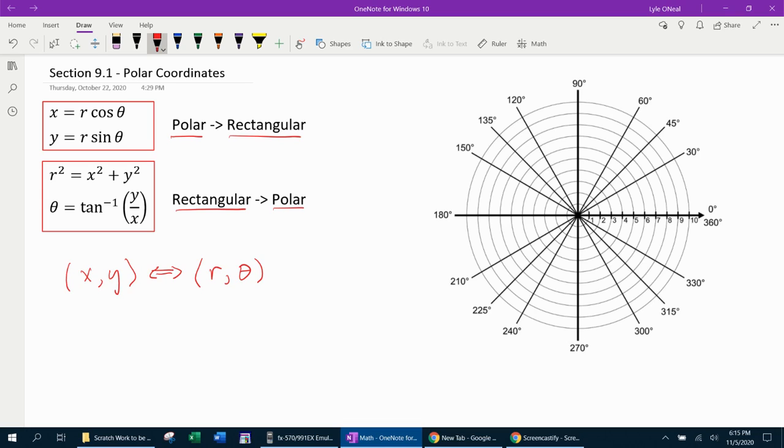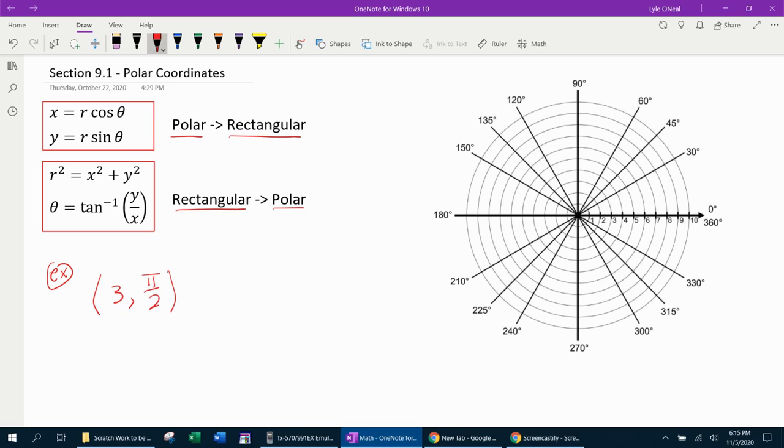But before we do any converting, really the place to start is how do we plot points? I think most of you know how to plot a rectangular ordered pair. What we're going to focus on is plotting polar coordinates, okay? Plotting a polar ordered pair. And so if I could, let's get this out of the way, and we're going to look at an example. How do we plot polar points? We're going to start with